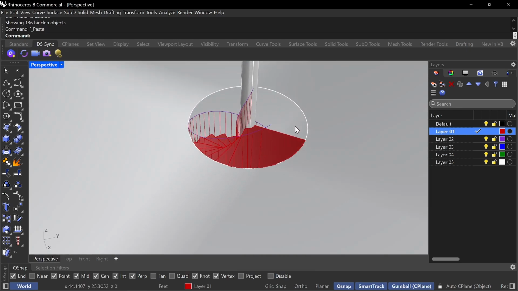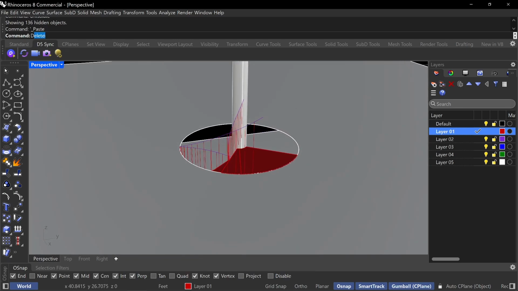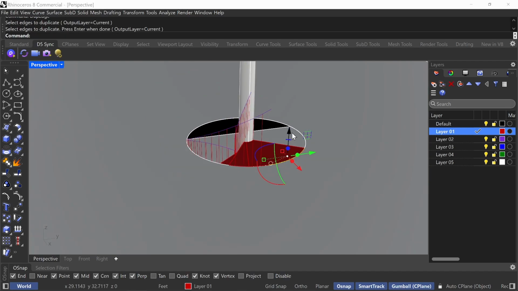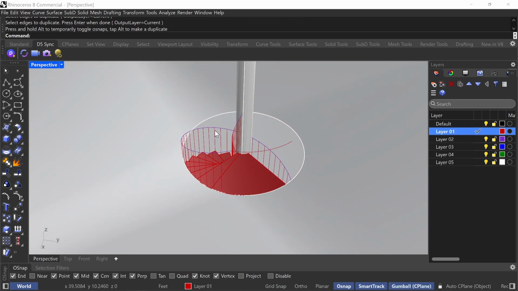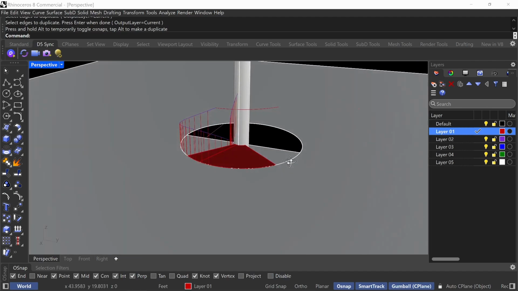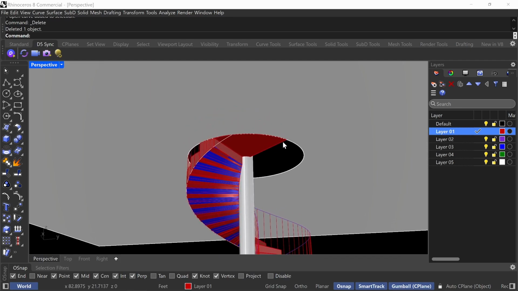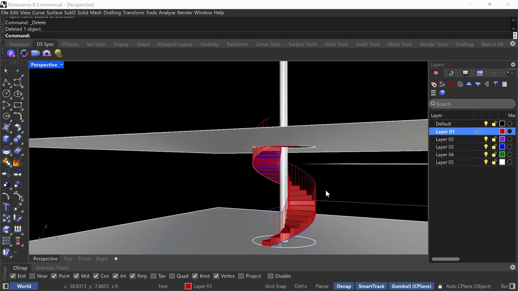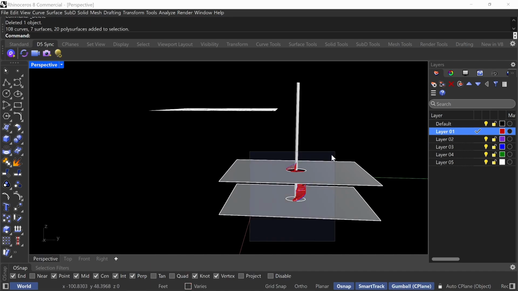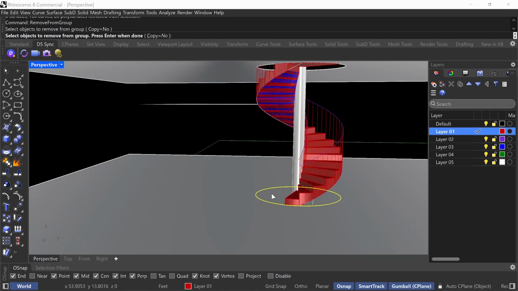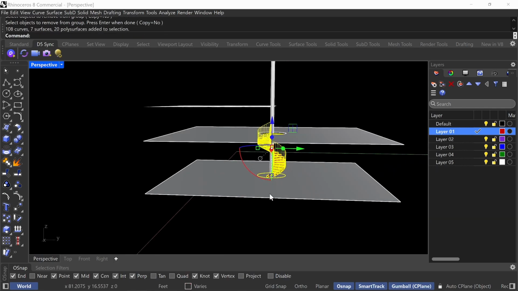I mean, technically, if I do dupe edge for both of these, enter, move it up, your guard, right, would have to extend out 1 foot and then go down. But in general, don't worry about that. Your landings, if you're going to stop a landing and you want to stack your spiral, make sure this is following the angle. You'll see what I mean right now. So if I go here and take this, remove, I take this,